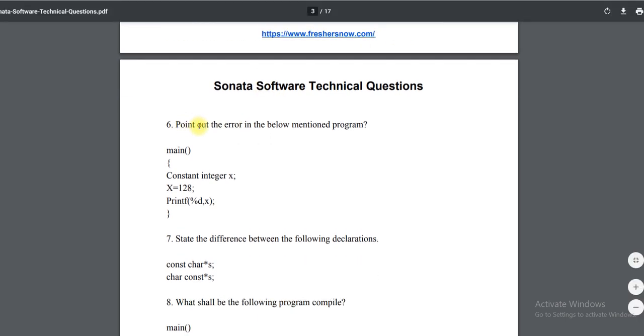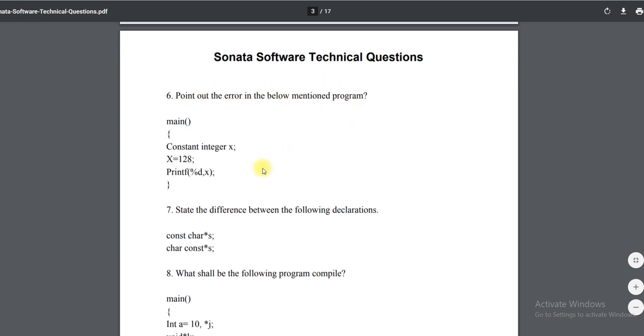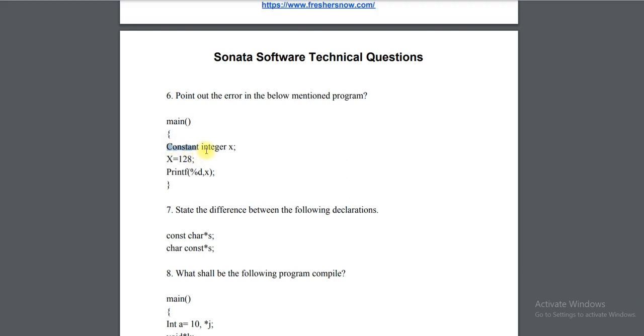Coming to question number 6, point out the error in the below program. What is the error in this? So you can see here x is a constant type integer, right? So it is an integer constant x.